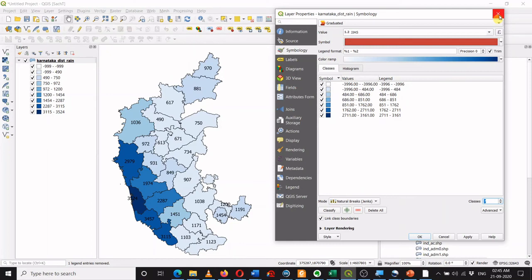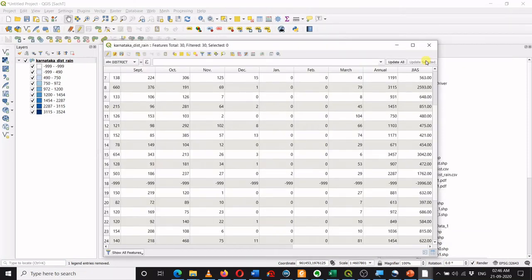I will turn on the editing mode, especially for these minus 999 values, it has also added the rainfall of June, July, August, September. But here the addition doesn't make any sense, because anyway this is the no data value. So I will again replace this with the no data value.